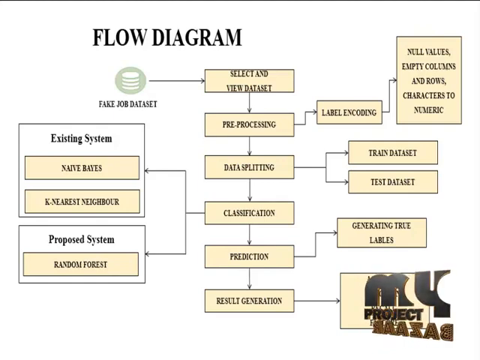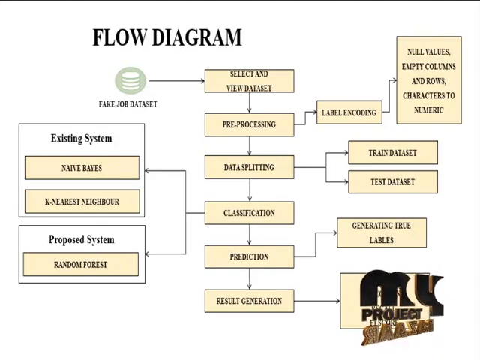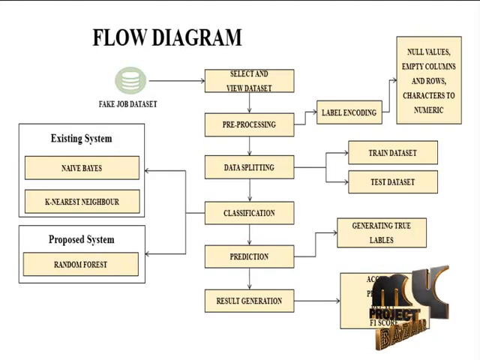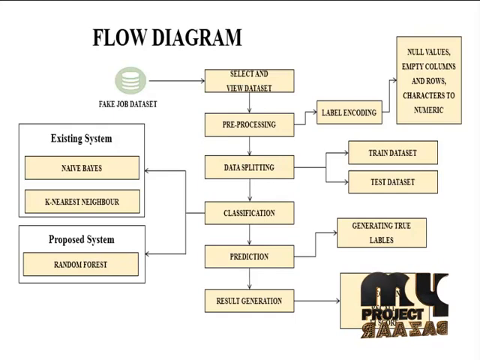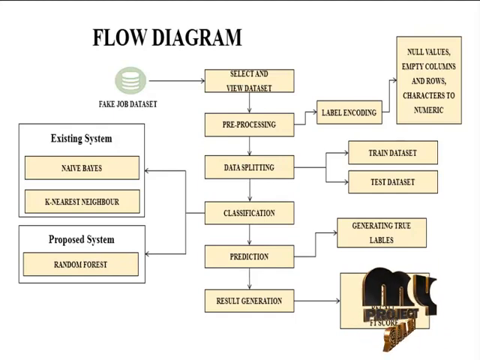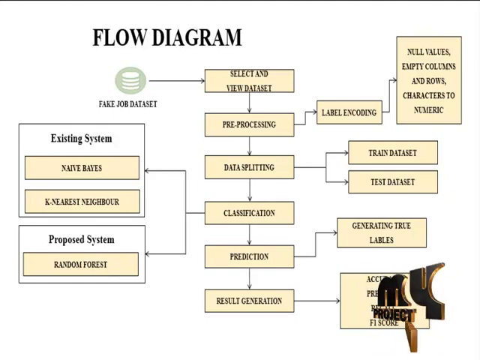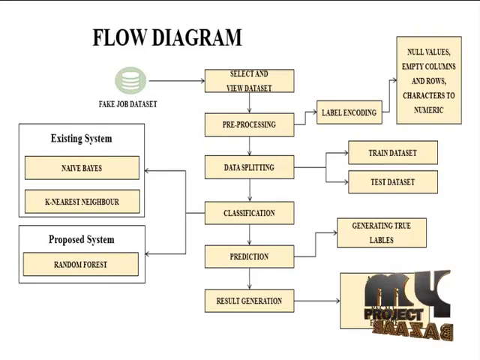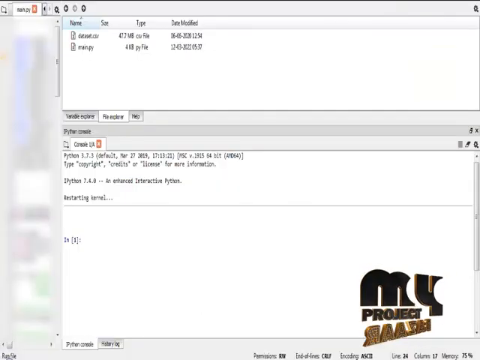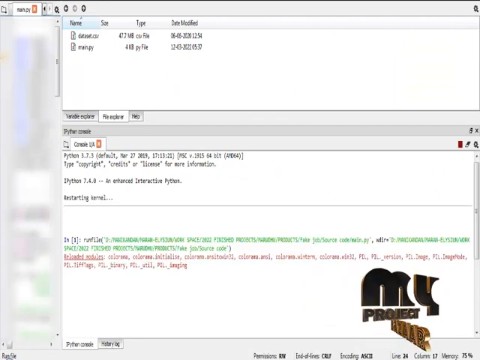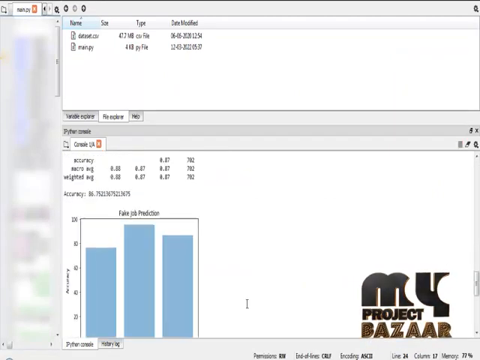So after that it will be implemented into data splitting. In data splitting we are going to split our dataset into training dataset and test dataset. Then it will process into classification. In classification we are using the naive Bayes algorithm, the k-nearest neighbor algorithm, and the proposed random forest algorithm. Those three algorithms are used to classify our dataset and predict and generate the true labels in our prediction. Then it will generate the results based on accuracy, precision, recall, and F1 score. I am going to run my project in Anaconda Navigator Spyder IDE, and these are the results of fake job